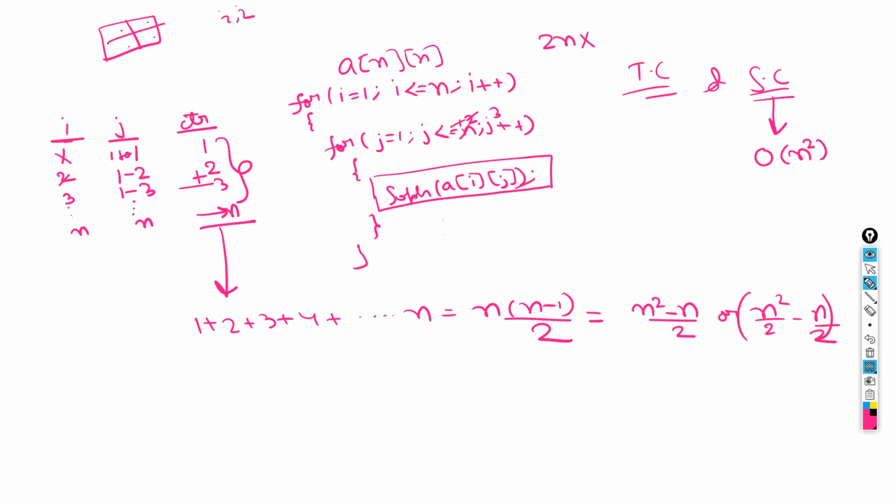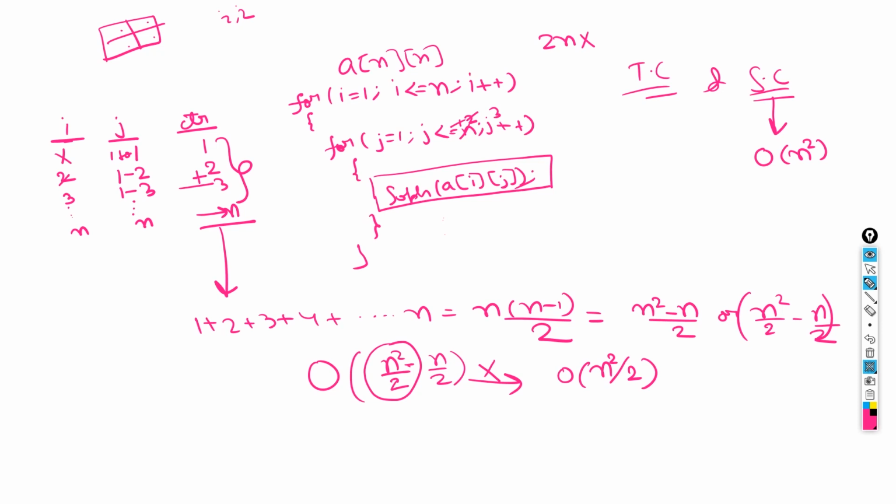So now this is a big question, because we have big O in terms of n square by 2 minus n by 2. So is this a time complexity? No. Why? Because whenever we measure a time complexity, we find the maximum time complexity of it. Okay. So if you look closely at this, the maximum time complexity is given by this function, n square by 2, not this minus. Okay. So now from here we can say we have somehow reduced it to O of n square by 2.